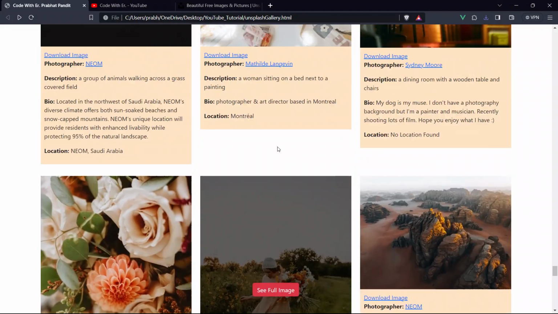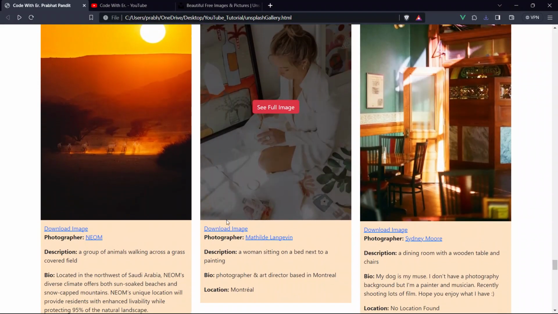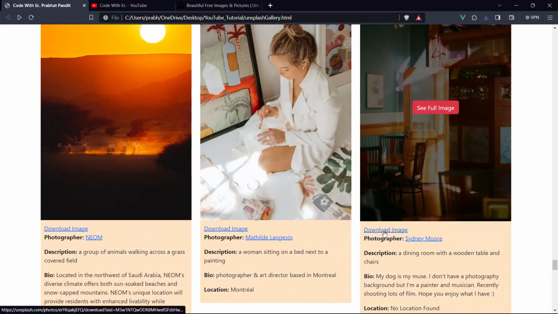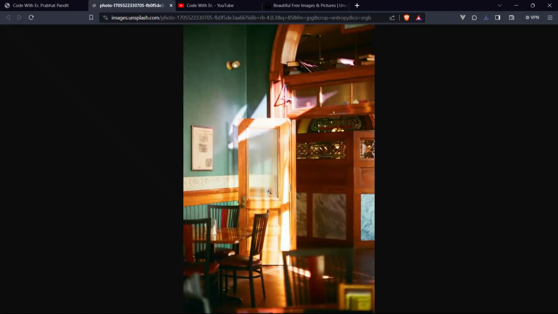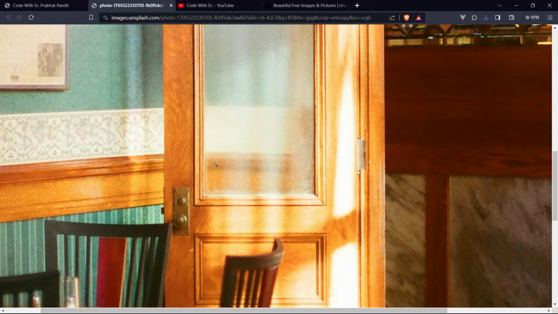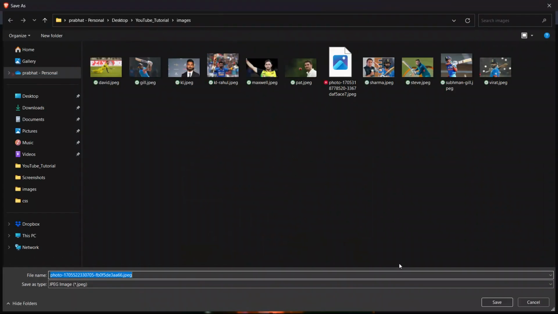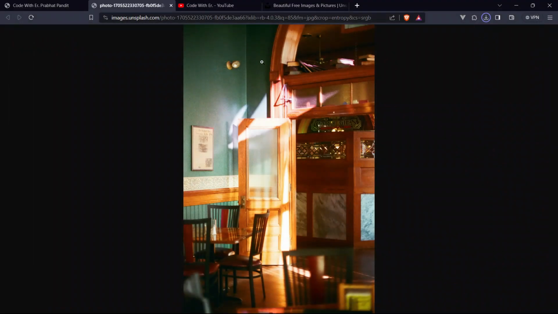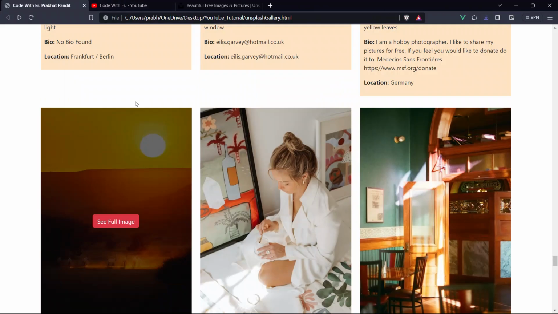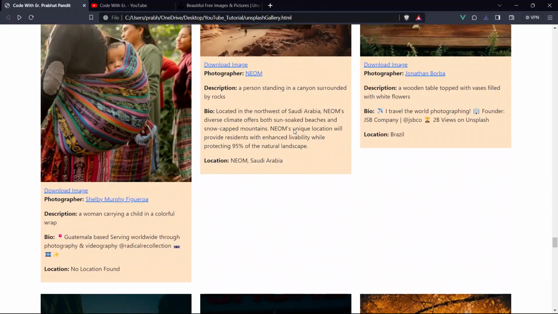If you want to save another image, you just have to click the button download image. So just hit the button download image. See, you can save the image also, it is a bigger and larger image. So just save the image as. Okay, hit save, just close this browser. So you can see, guys,